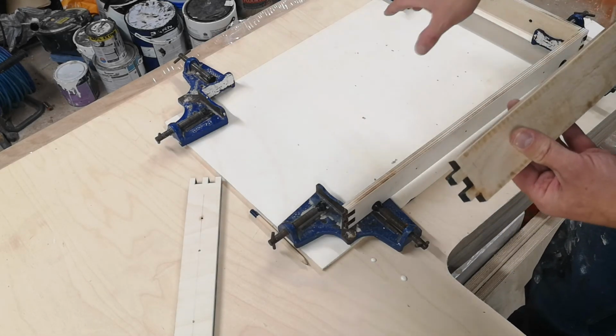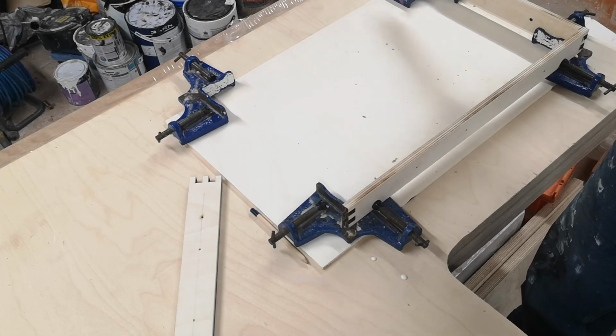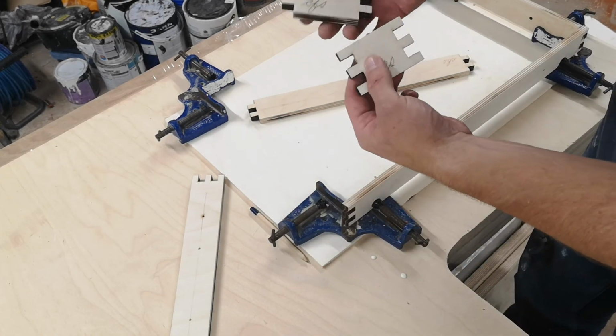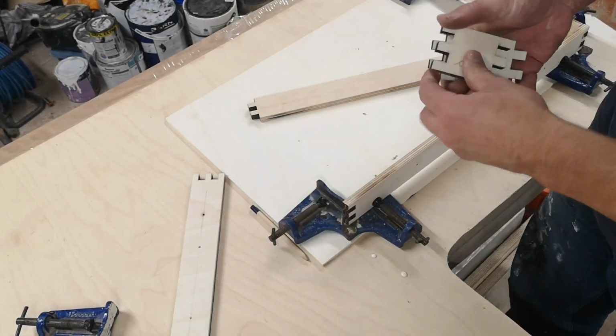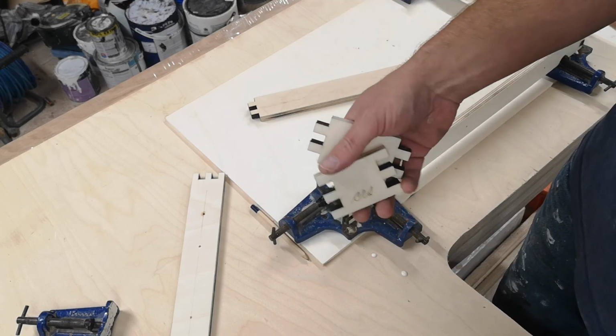So I've got more space then to do this dog leg. It's going to be probably a bit of an issue doing this dog leg here because the components are so small. I'm not going to get the use of using one of the mitre clamps. So we'll have to see what we can do when we get to that stage. They're quite